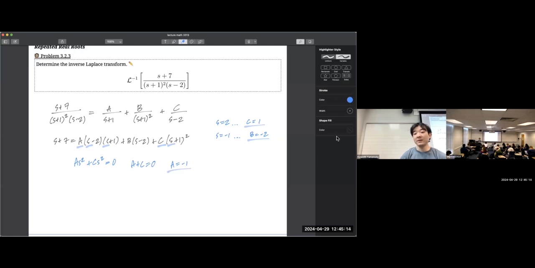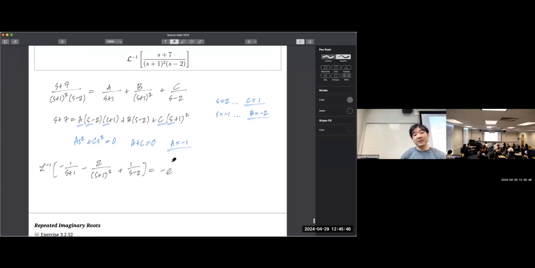And then you're done, because each of these are nice entries on the Laplace transform. So we'll just take the inverse Laplace transform of all of these little pieces now. So it's going to be the inverse Laplace transform of -1 over s plus 1, and then -2 over s plus 1 squared. And then the c is +1 over s minus 2. And this one's going to be -e to the -t, minus,